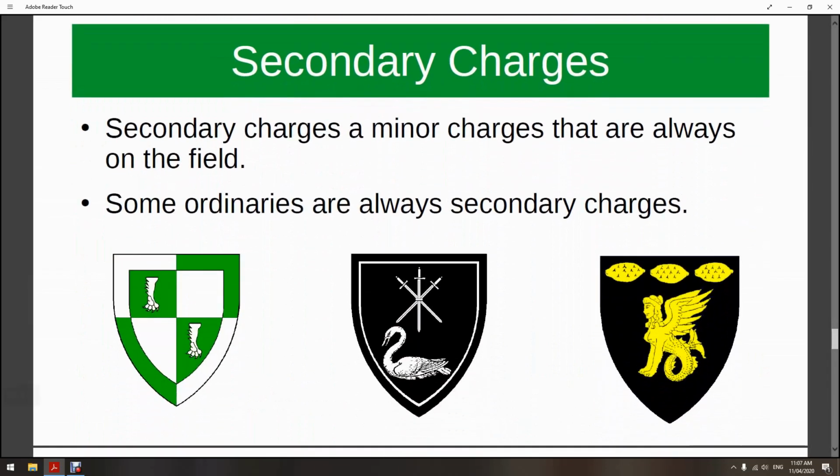Okay, secondary charges. Again, this is just an SCA thing. So secondary charges are minor charges that are always on the field. So like the primary charges, they have to be directly on the field. So I've got two of the same bits of heraldry up again. I've got my arms. Now, my arms have a bordure. It's a bordure counterchanged, but that is a secondary charge. It's also an ordinary,